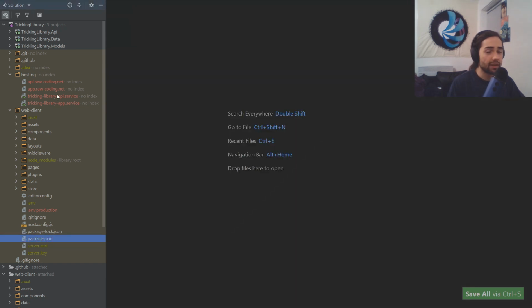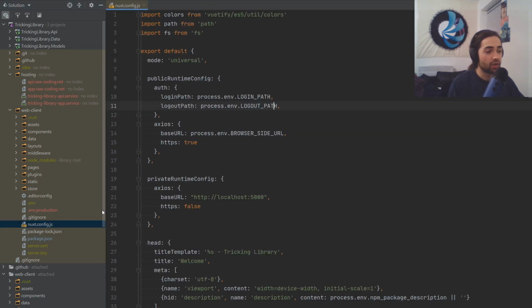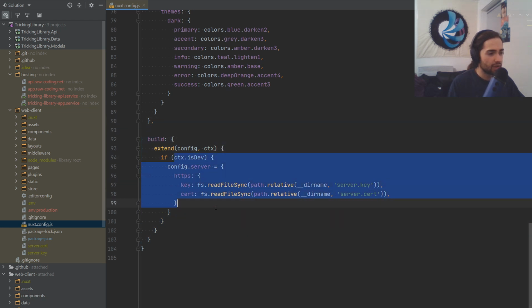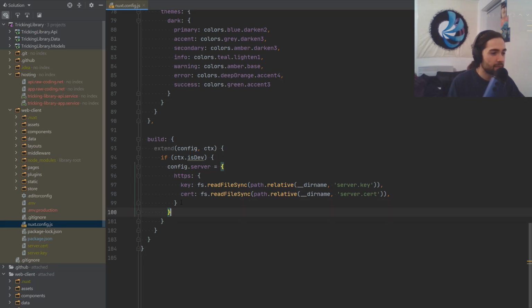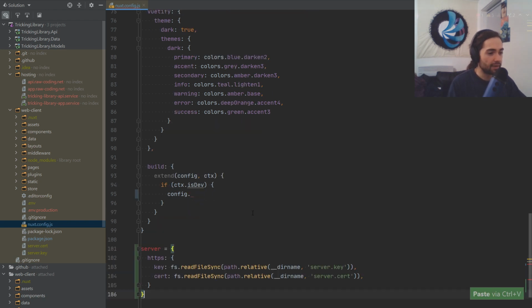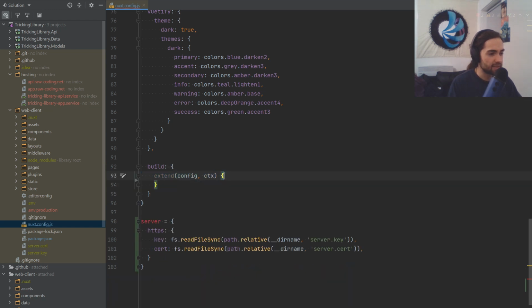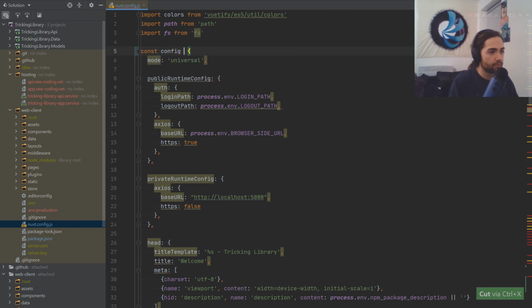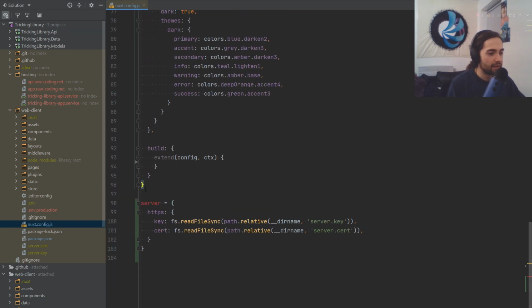With those in place, let's close this. The next bit that I want to take care of is the thing that we did in our nuxt.config.js. The bit that I've put in for the configuration is not entirely correct. Let's grab this server bit and cut it. Let's put it out here. We'll keep the extend there, but instead of export default, let's create const config. We will assign it here, and before it was a server property on here, so we will say if